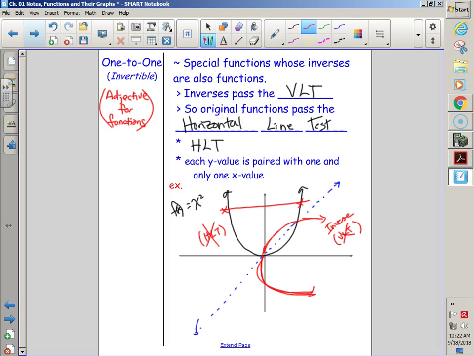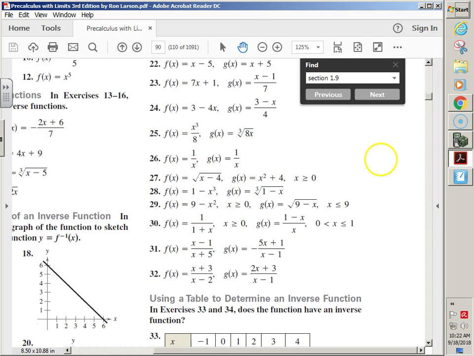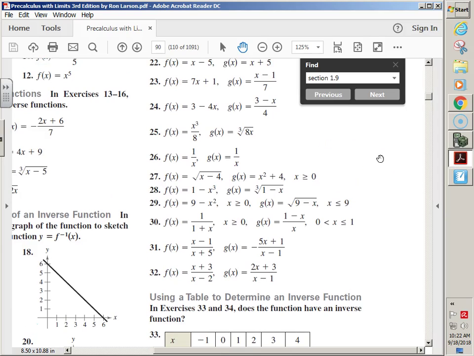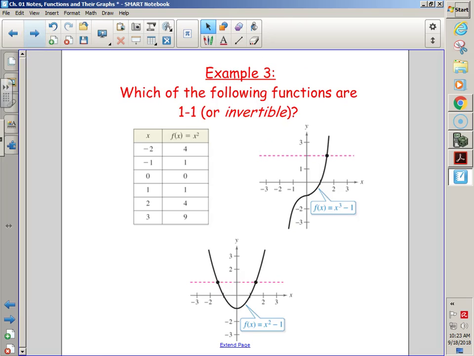This is one way to figure out invertible, but the problem is you need to know what the graph looks like. Can we go back to homework real quick? Do you guys know what all of these graphs look like? Some of them, right? But do you know all of them? Well, we don't want to just be stuck to needing a graphing calculator or doing a table. So is there any other way to figure out invertible without just looking at a graph and seeing whether the original passes the horizontal line test? The answer is yes, but first,